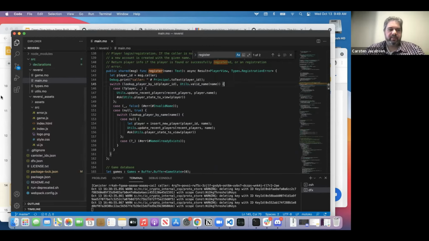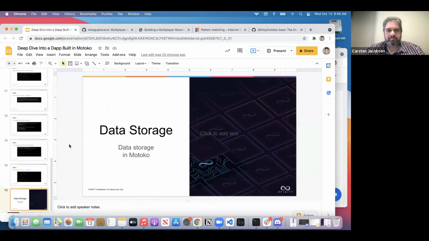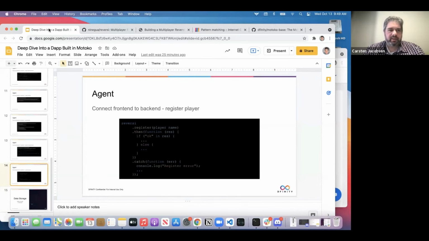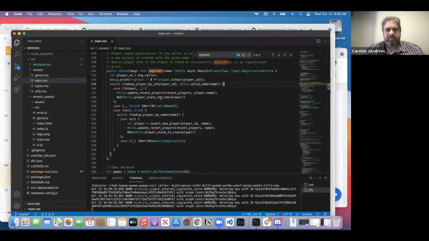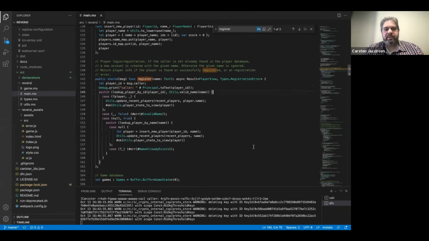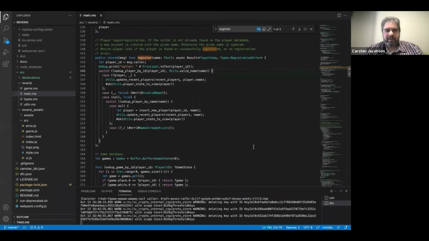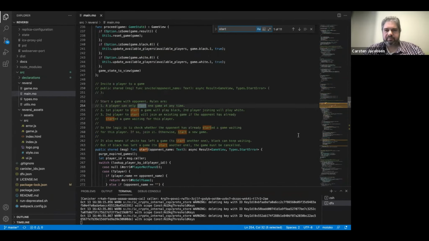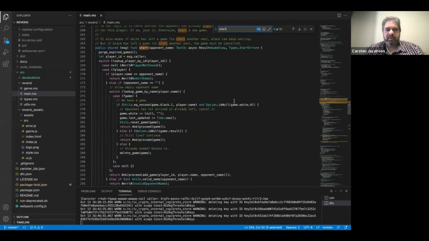Let's go back to the code, as we're doing pretty well on time. Let me make this bigger. Okay, so that was the register flow, and we have a similar flow for start. Let's find that. So here we have